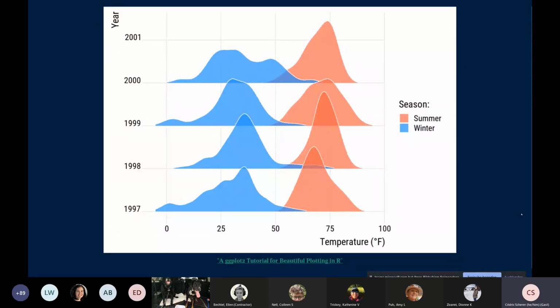And here's one example from my tutorial I have on my blog for ggplot, and I think this works very well. So here you see 2 categories per year as ridgeline plots. We have blue winter and red summer, and then from the bottom to the top, the years. And I mean, it's only 4 years, so I wouldn't make broad claims here, but you can see that at least across these 4 years, the peak temperature in the winter seemed to vanish a bit. And we have this double peak and warmer temperatures in 2000. And we also see a bit of a shift of the peak in the summer temperatures to the right-hand side.